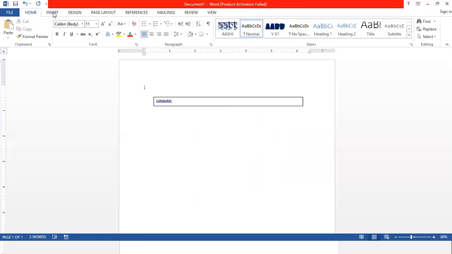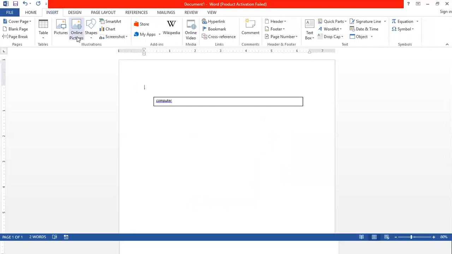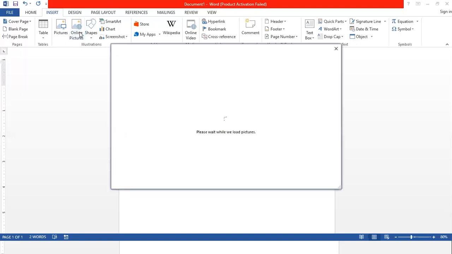For that, again you need to click on the insert tab. Then this time you will select the online pictures instead of the pictures option. Now this online pictures is a new option which is available in MS Word 2013 and the newer versions of MS Word. In MS Word 2010 and older versions, this online picture is known as clip art. So if online picture is not available, then you can click on the clip art option. That will work the same as the online picture. So just click on the online picture option or clip art option, whichever is available in your computer.